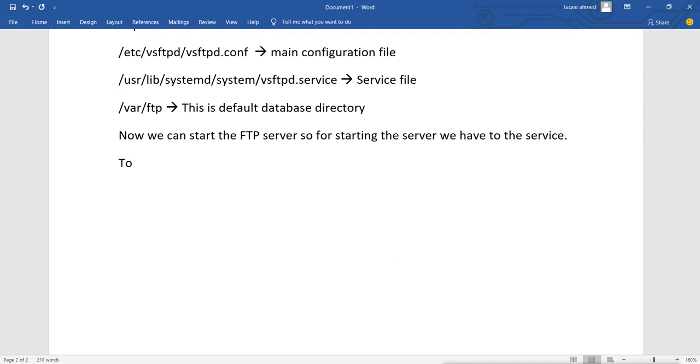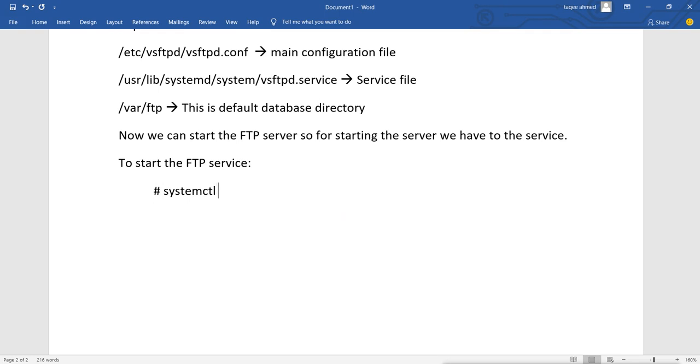To start the FTP service, we should know the service name. Now we know the service name is vsftpd.service.